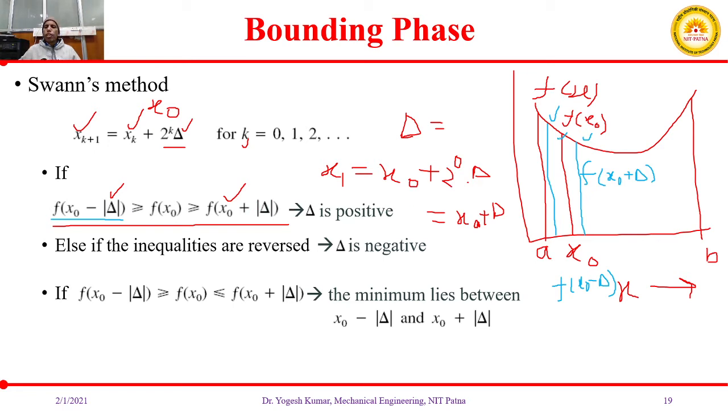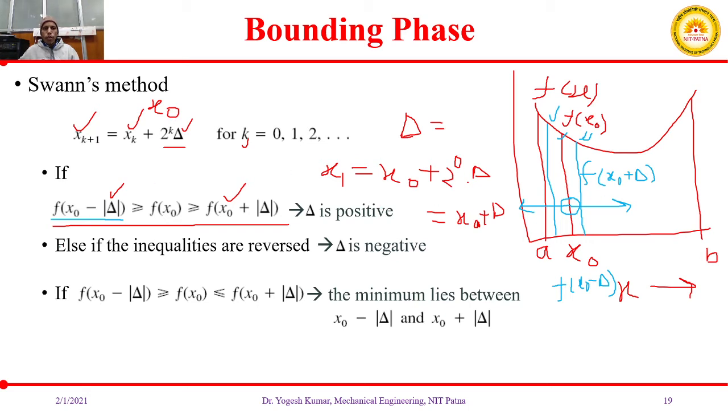Okay, so here we can see this value is reduced, this value is less as compared to fx0. So here we can easily conclude which side of your x0 will correspond to the optimum value. Here we can see whether we should move to the right side or left side. Any student who is able to understand which side we will move, left or right, for finding out your optimum value?